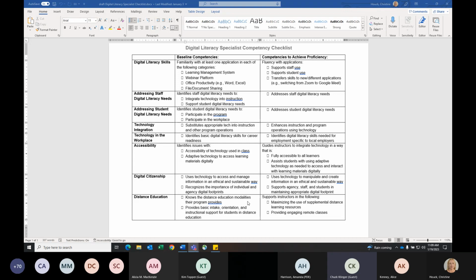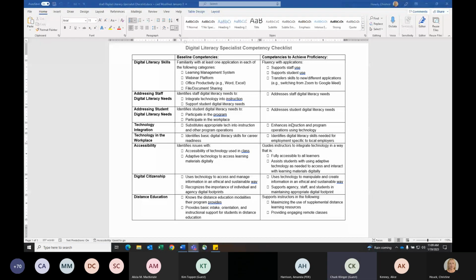What are you doing in intake? What are you doing in orientation? What kind of instructional support do your students need? And then also how you're maximizing the use of distance learning and hopefully providing engaging remote classes. So, in a nutshell, those are the things that we're looking at developing in the digital literacy specialists.